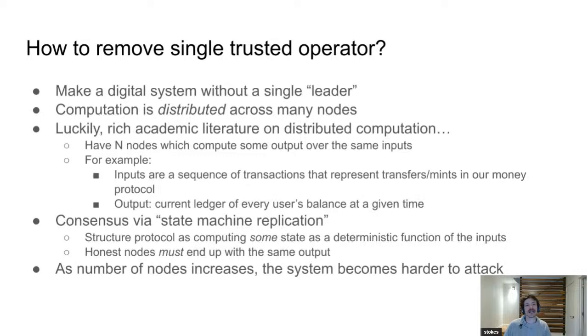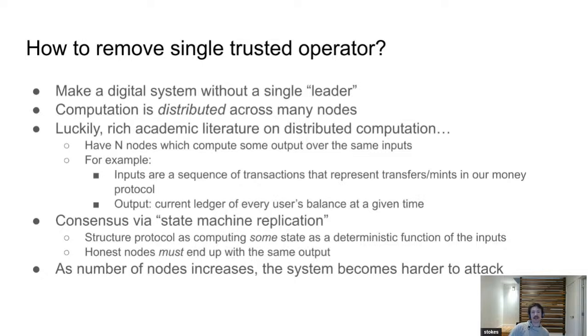So going back to the academic literature and all the work that's been put into this over the past couple decades, this concept is called state machine replication. The replication here is referring to the fact that we have multiple nodes in the system. They essentially all duplicate this same work, this input log, to get the same output. And in particular, this is what we mean by consensus: every node in the system should eventually agree on the outputs. So again, you write your protocol as a deterministic function of the inputs.